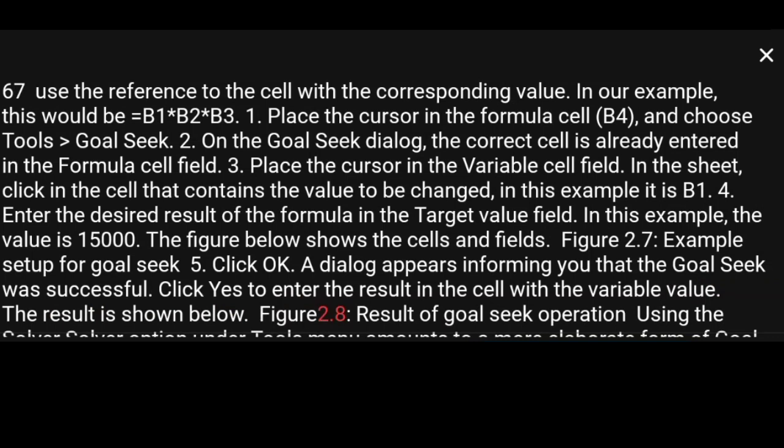Figure 2.8. Result of goal seek operation. Using the Solver option under the Tools menu amounts to a more elaborate form of goal seek. The difference is that the Solver deals with equations with multiple unknown variables. It is